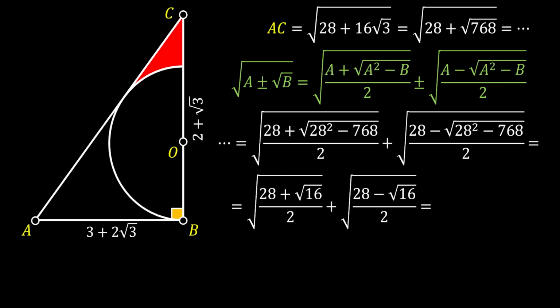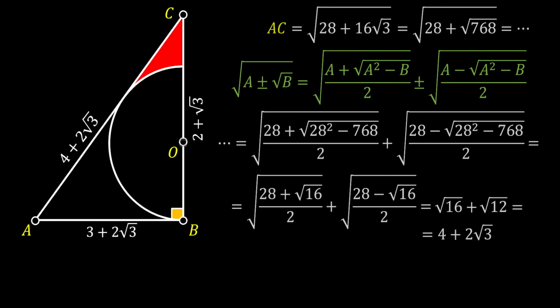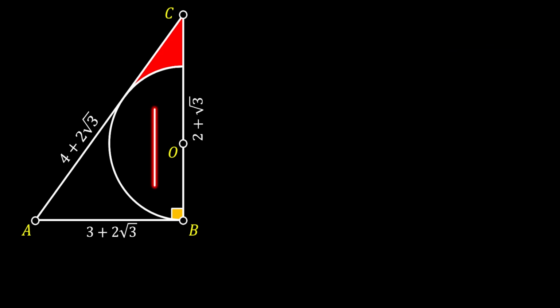Now, the first root is actually 28 plus 4 over 2, which is 32 over 2, so that is the square root of 16. And the second root is 28 minus 4, which is 24 over 2, and that is the square root of 12. Of course, this can be easily simplified as 4 plus 2 root 3, and this is the length of our hypotenuse. Alright, now let's label the radius of our semicircle as r,